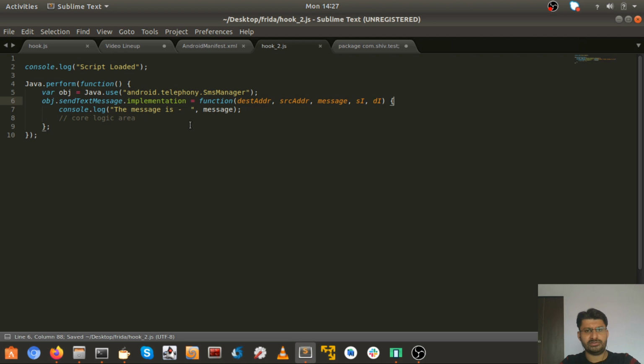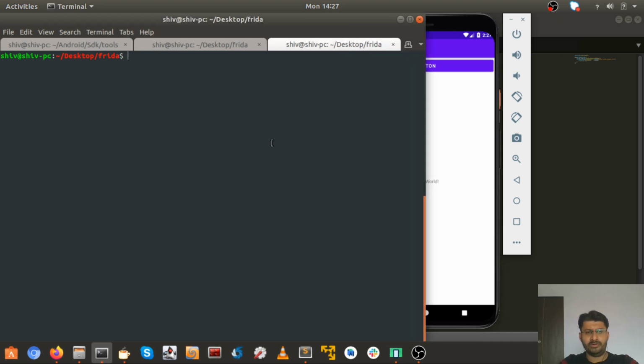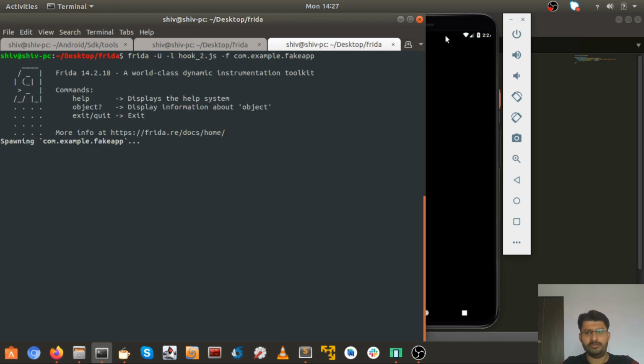Let's just save this, and here let me bring up the emulator. As I told you, the syntax would be Frida -U for USB or emulators, -L for loading the required JavaScript that we just wrote, and -F would be com.example.fakeapp, and let's hope for the best.